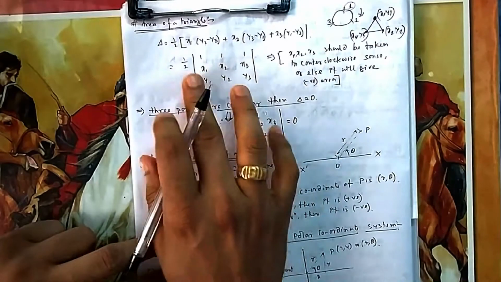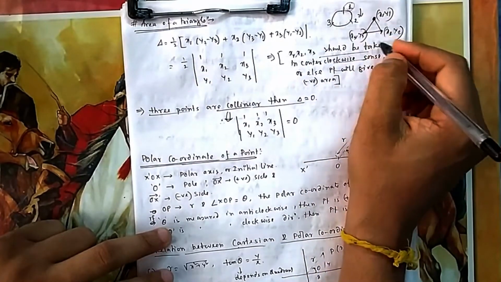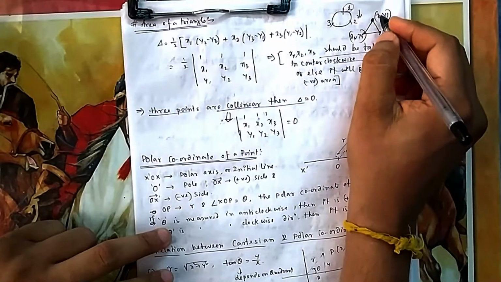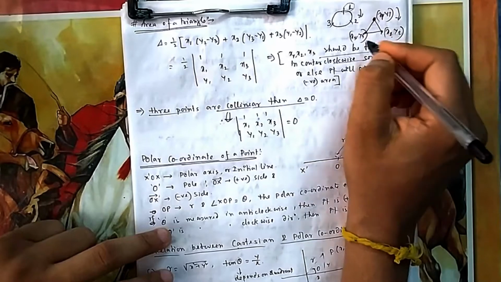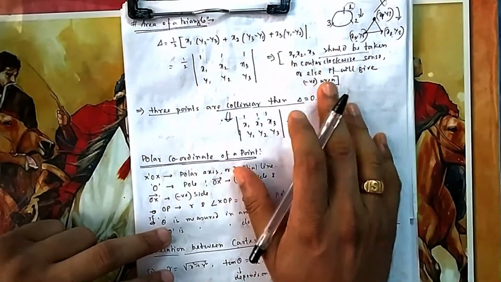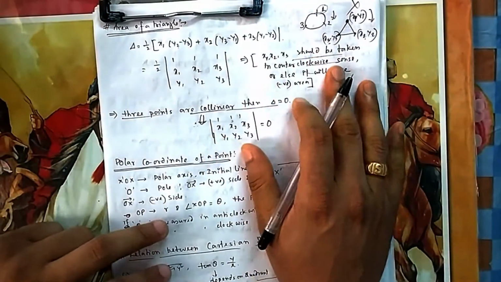But while we are applying the determinant, one thing you should take carefully: while you are taking x1 x2 x3, you should take it in the anti-clockwise direction. Here I have taken it in the clockwise direction. You see, from x1 I go to x2, then x3, so it is wrong. If you do it this way, nothing will happen, only a negative sign will come. But area cannot be negative, you just make it positive, that's it.